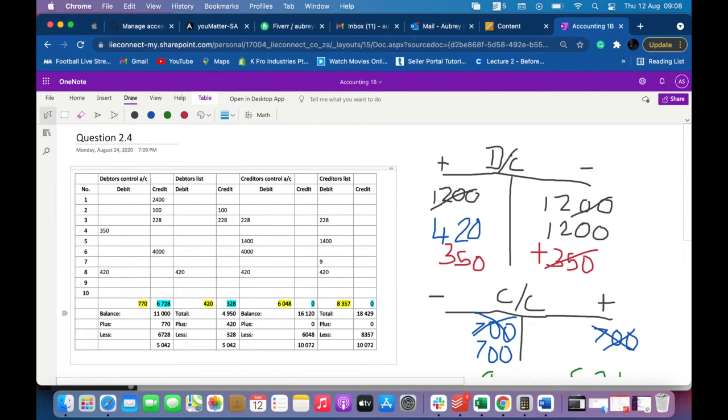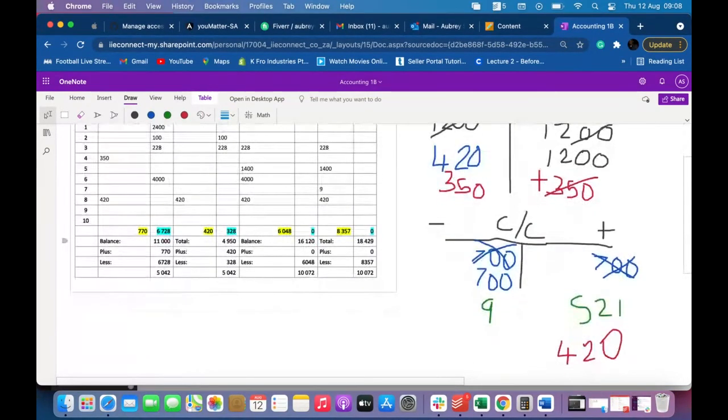So this is an amount error. What they're telling us is that the error happened when we were posting to the person's individual